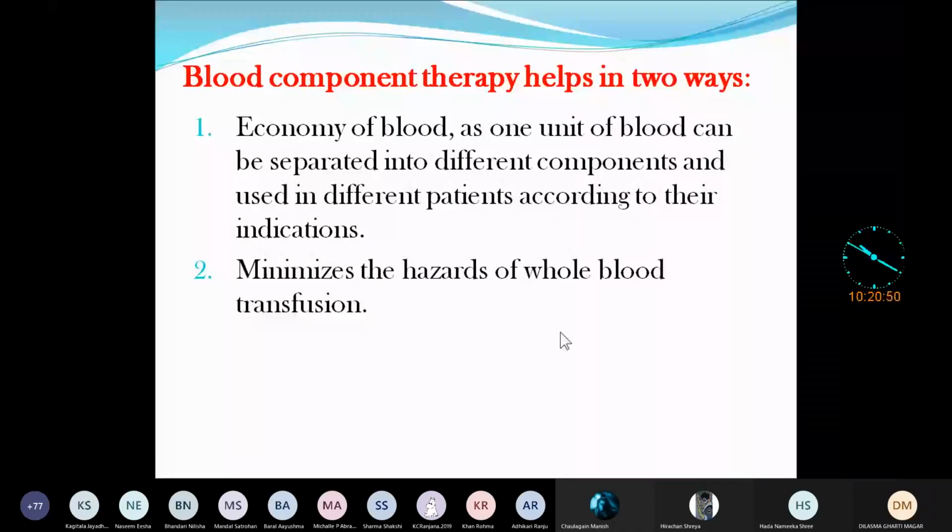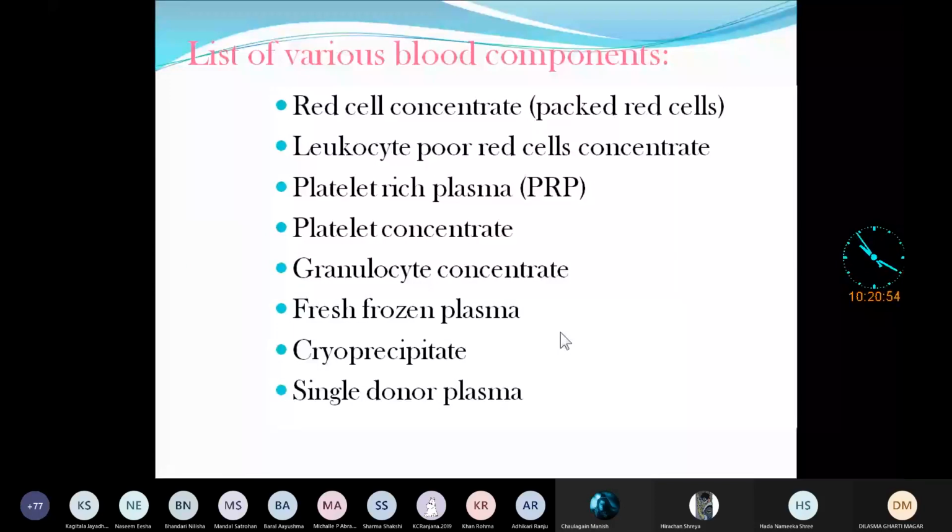Now we will see what the various blood components are. Did you know about it? So here you see red cell concentrate, or the packed red cell. Here mainly the RBCs will be there, and around 50 ml of plasma. Otherwise the RBC concentrate would be so thick and concentrated, isn't it? And it will not pass through the blood tube or the integral tube. So that's why we have to keep a little bit of plasma. So RBC concentrate is there.